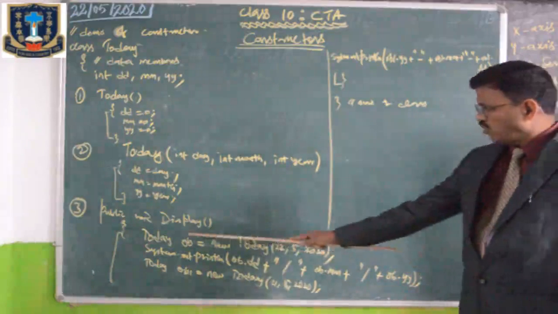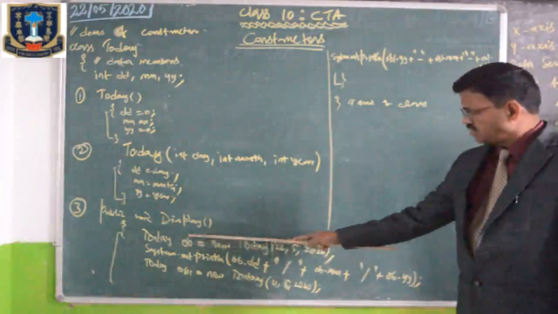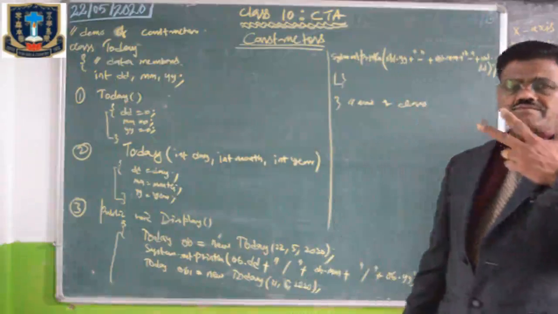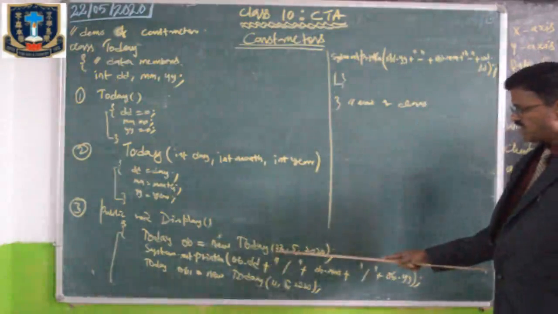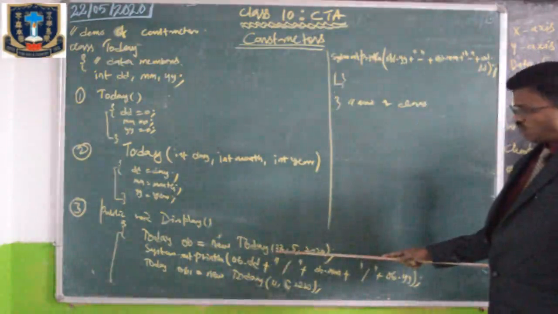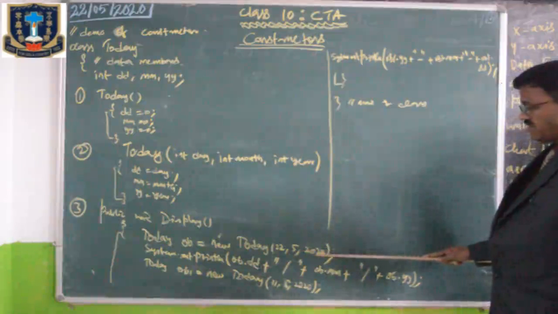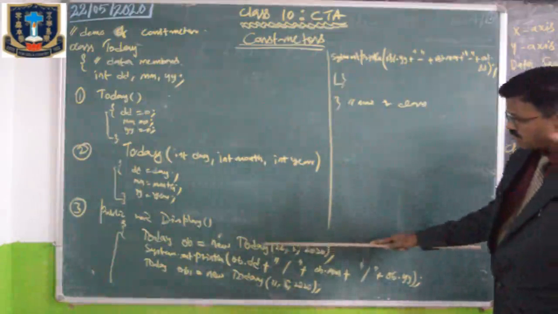Means it has got, and this object will have three details. What will the first detail be? 22. The second detail is 5, and the third detail is 20. When I run this program,